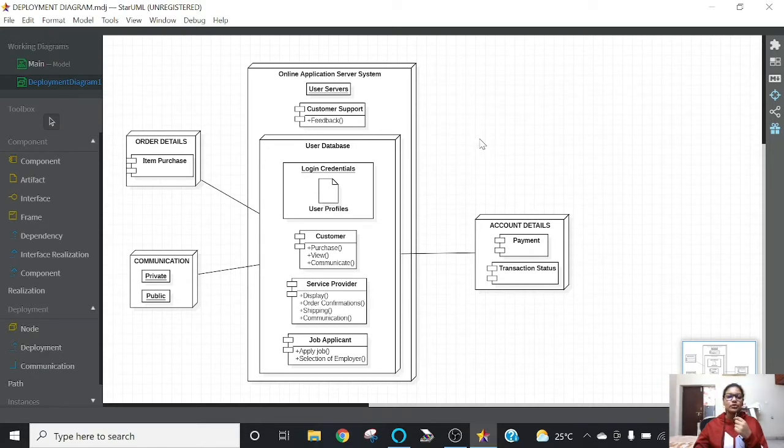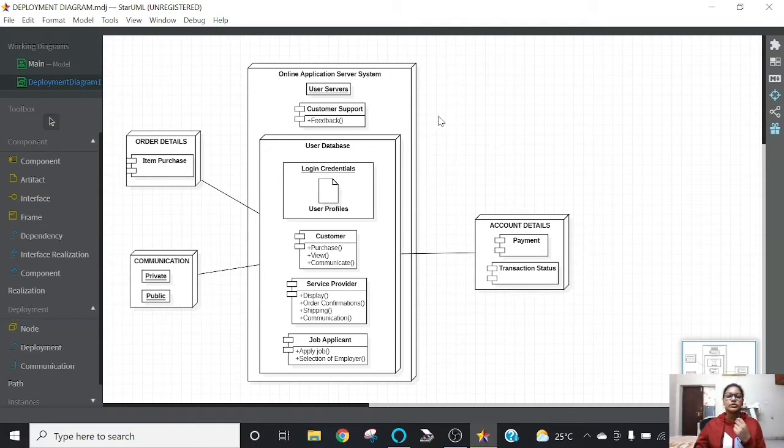In this video, I'm going to explain how to design a deployment diagram for a particular software engineering app. In software engineering, we have different kinds of diagrams, and one of them is the deployment diagram. To design any kind of application or product, we have to have this diagram. It gives us different details, like the different kinds of databases we are going to use for the particular application and what is inside which server.